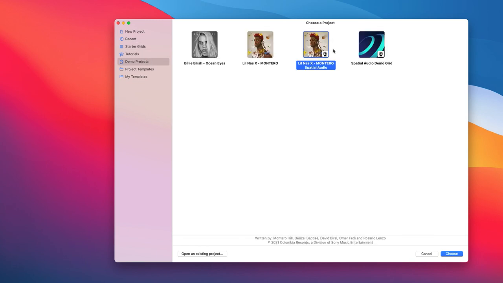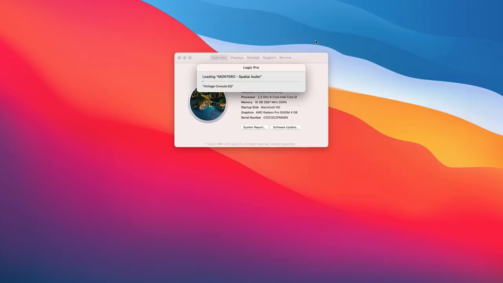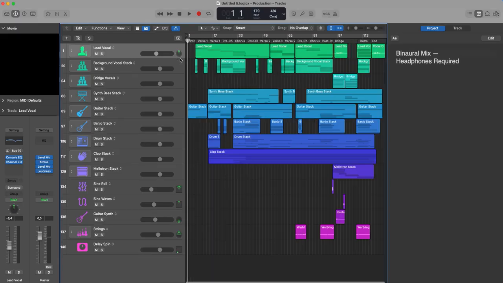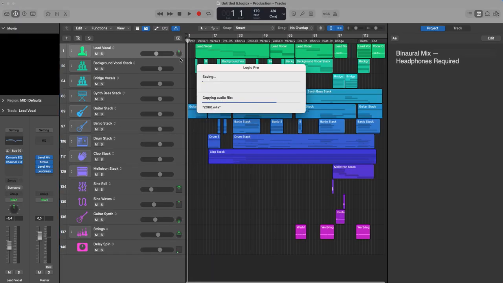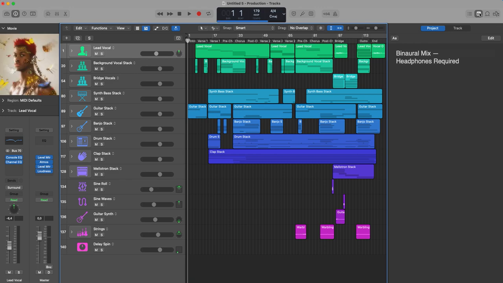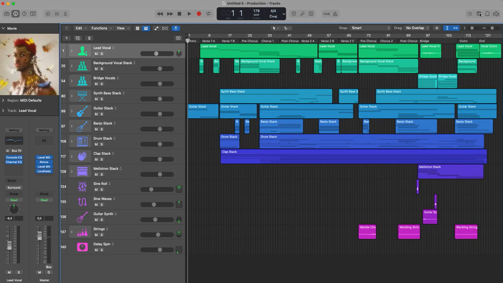Let's open the Listeners X Montero with spatial audio, because this is the really big new update that we have. With spatial audio, we will have a binaural listening in our mix with headphones. So we will not need a big control room, we just need good headphones.